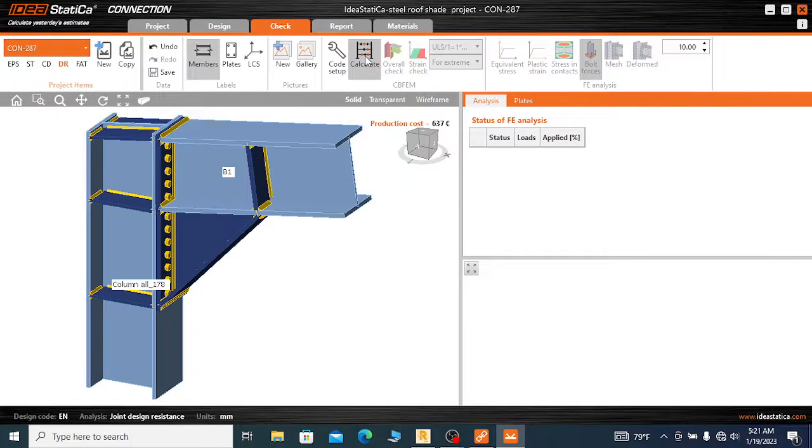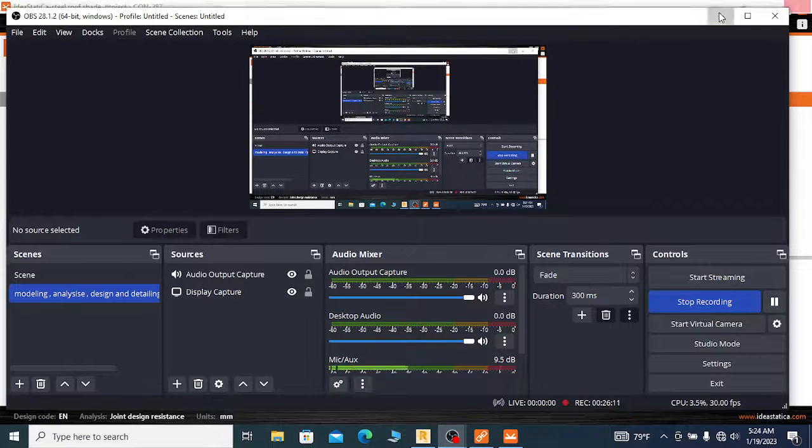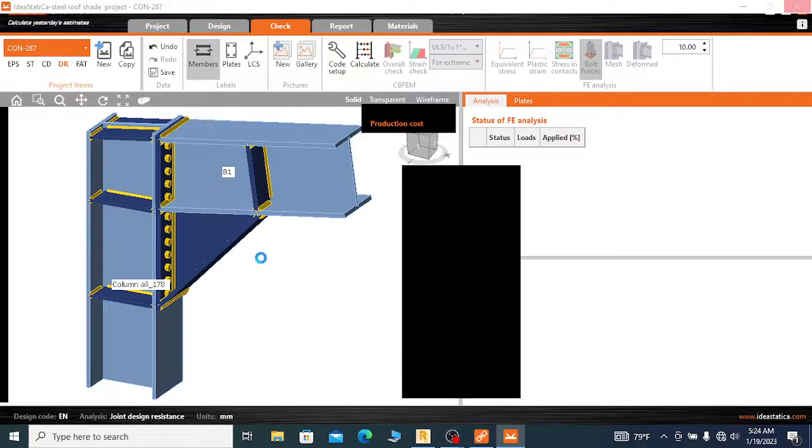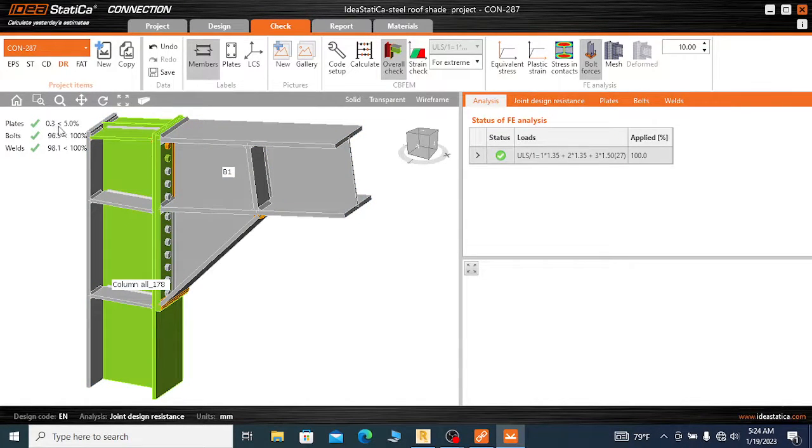Then just click calculate, the analysis and the design of the joint for the design resistance checkup. Okay, here the design joint resistance checkup is complete. All the requirements are okay. That is, the plate is